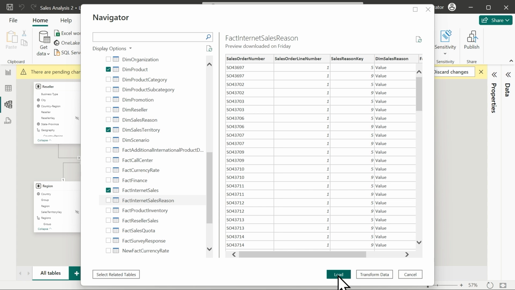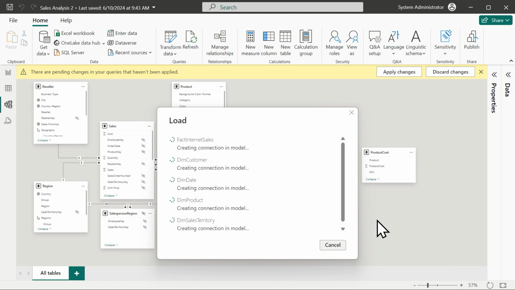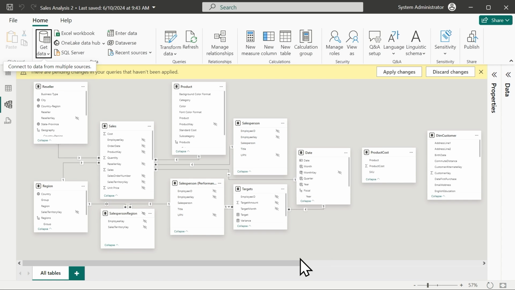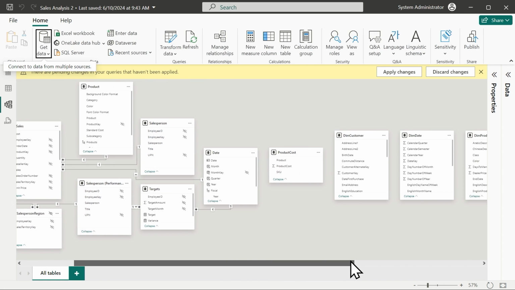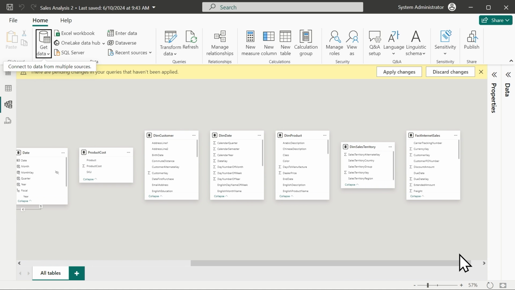Again, if I wanted to, I could choose Transform Data, and that would take me into the Power Query Editor where I can scrub this up if I need to. But coming from SQL, it should be pretty good to go. And then you can see the tables that we bring in here. It may or may not detect the relationships, especially if we have an issue with some of the tables having the same name as what's currently in here. But it usually should pull them in if it can.